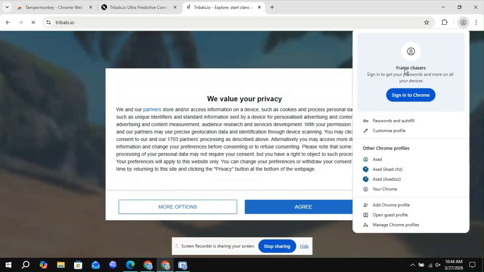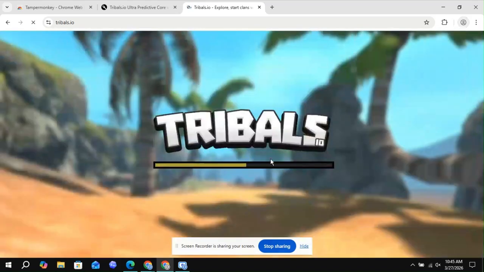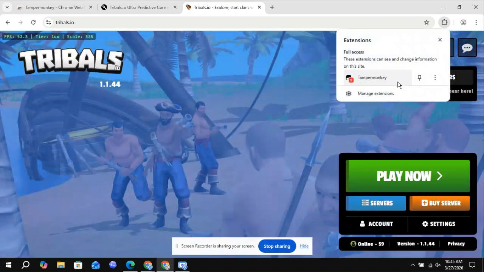After applying all these settings, your script should work smoothly. This script helps improve performance and makes your gameplay